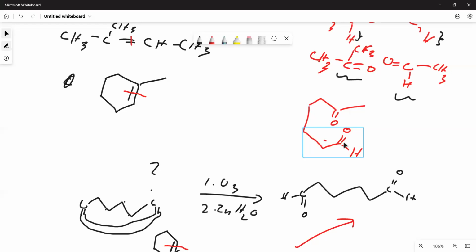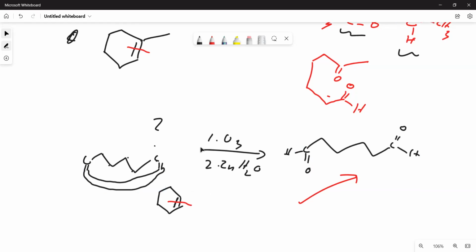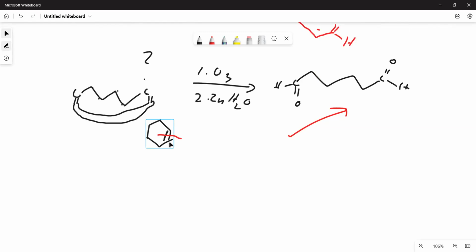Okay, and this kind of reaction class can actually be used to predict the reactant. Let us say you have a question mark here. Okay, you are asked to determine the alkene if this is the product by ozonolysis. How are you going to predict your alkene? All you have to do is remove the oxygen here, remove the oxygen here, and connect the two like this. So you will end up with a cyclic alkene, which is your cyclohexene. You see, if you cut this, you will produce this. Okay, so it's a way of determining the reactant.